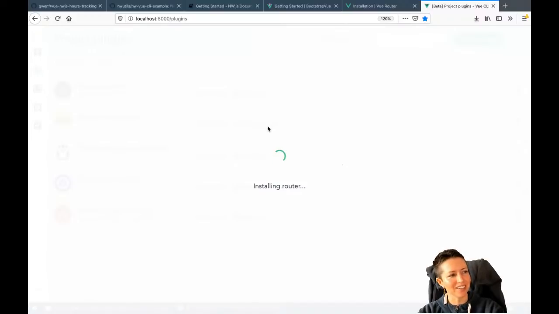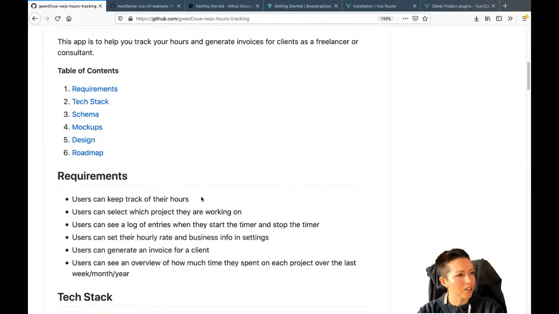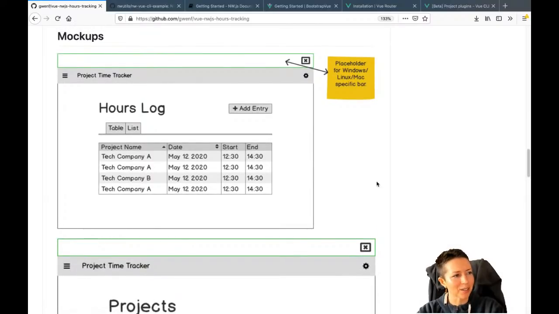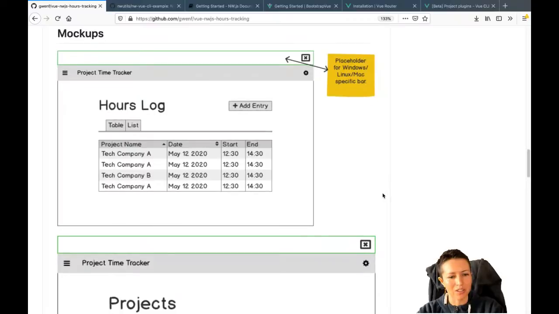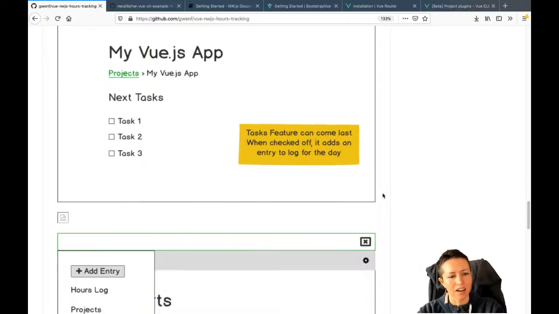This is exciting, getting to build, and if I actually build this desktop app, it'll be my first one ever building and distributing to systems. While this is installing, the idea for this app came from my consulting, because on my channel I have a video about consulting where I just talk about some of the things I've learned over the years. And this app is actually what I do: keep an hours log for each different project, my next tasks list, all of this stuff